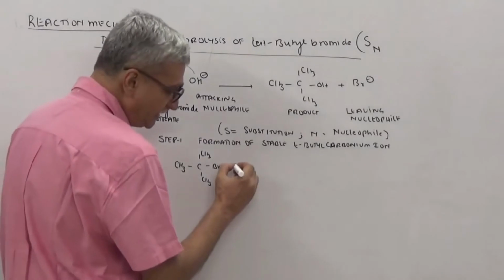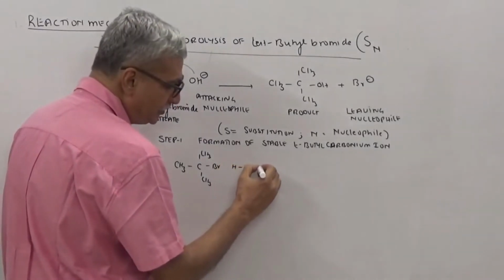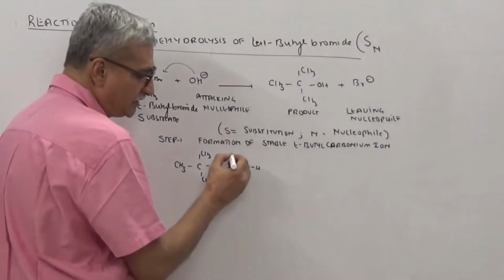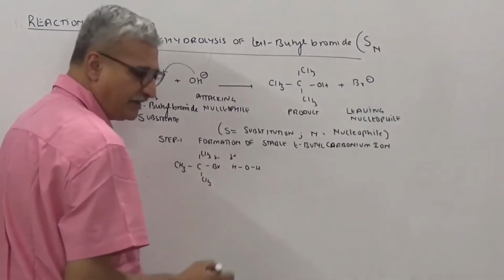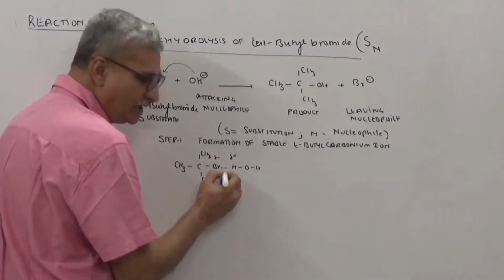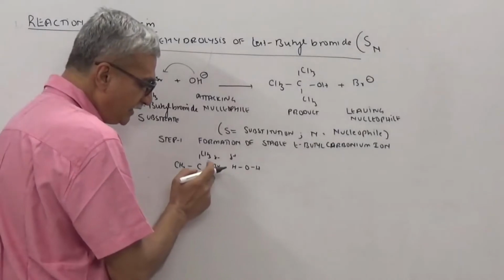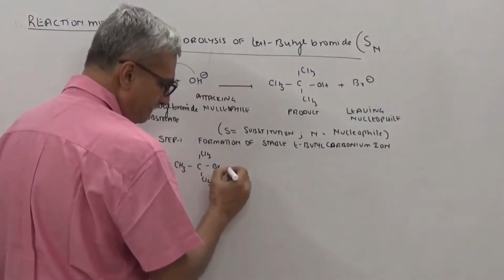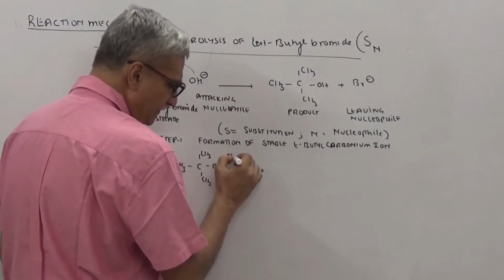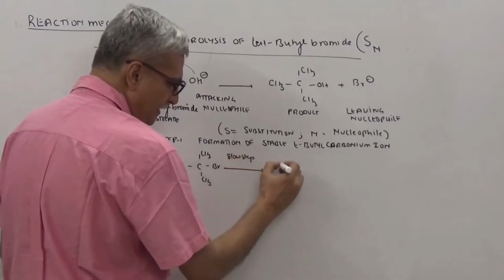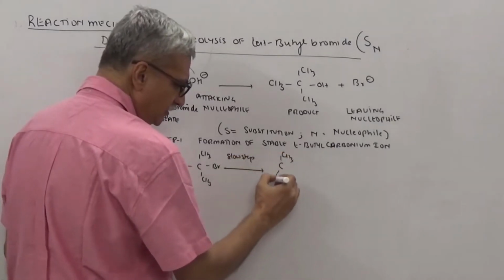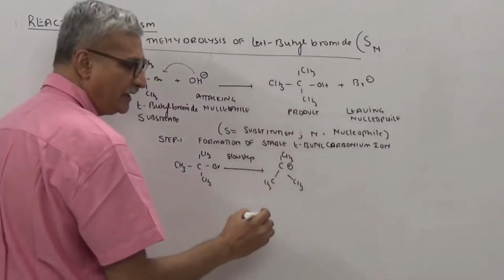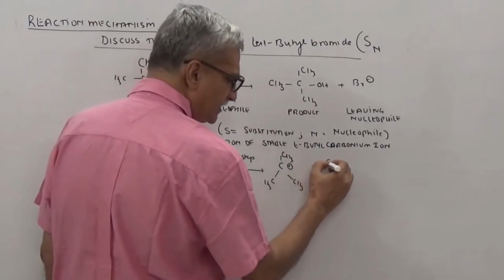Now you have actually water, basically. You have water, HOH. Now this is delta plus and this is delta minus. So what is happening is there is a pull. The pull is weakening the carbon-bromine bond. And then what happens because of that? This is the slow step. And what happens? You get tertiary butyl carbonium ion plus Br minus.